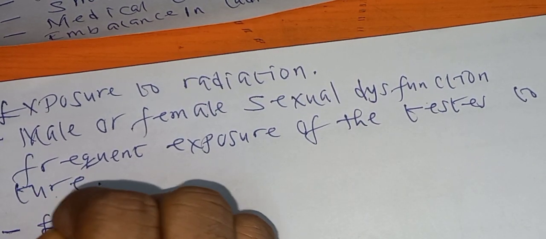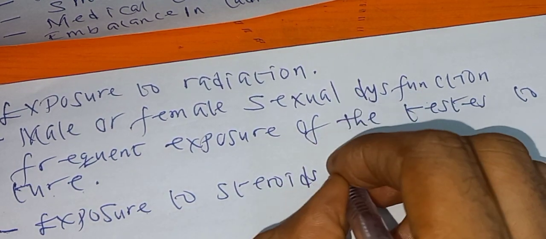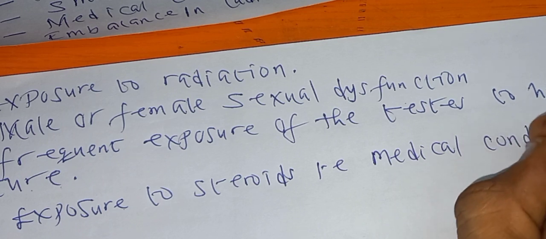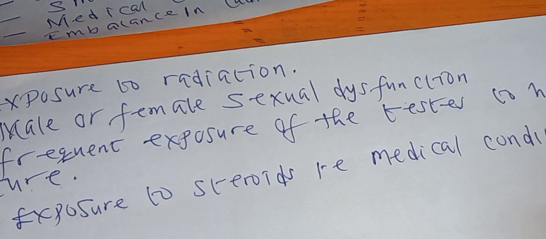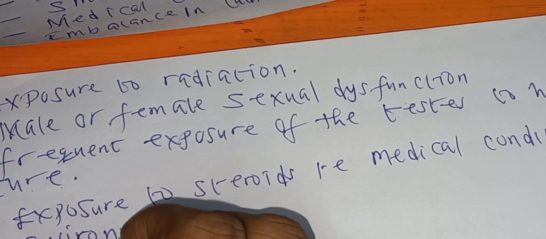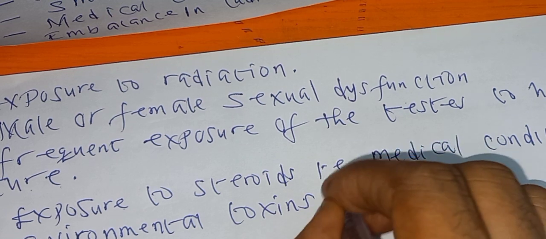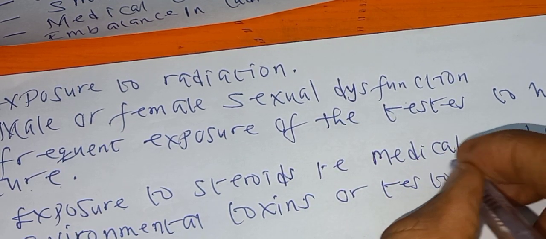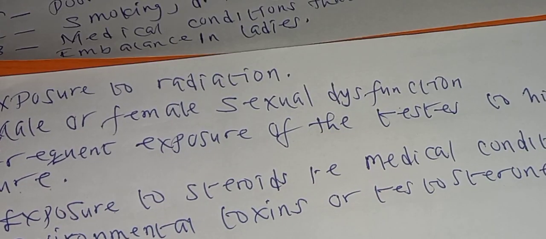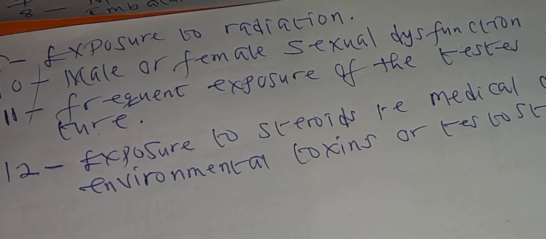Then number 12, exposure to steroids, that is medical conditions or environmental toxins, or testosterone. So these are the major 12 causes of infertility. So as you can see, these are the major causes of infertility. So the next thing to look at as a tutorial lesson for infertile couples is